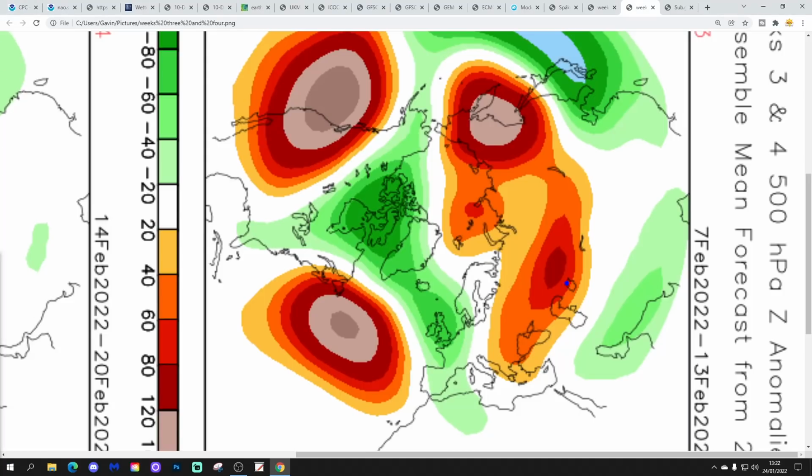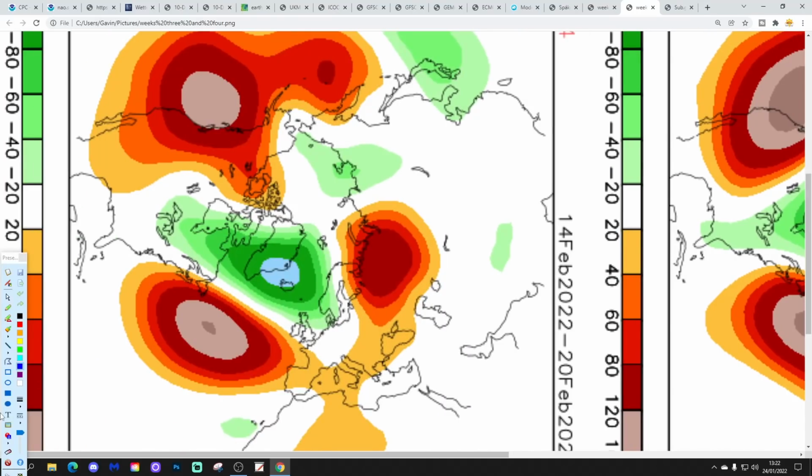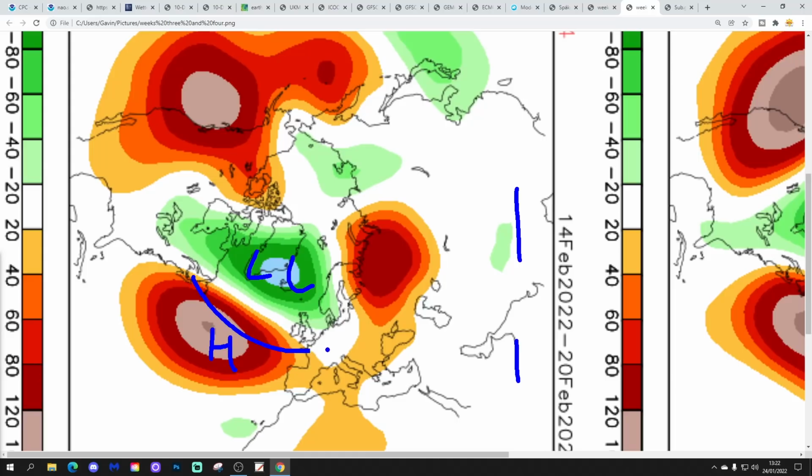Week 3 will be the 7th to the 13th of February, with a trough of low pressure slipping down the western side of Europe. High pressure pulled out into the Atlantic. That's going to be unsettled and potentially a little bit on the cold side, as we are on the chillier side of the jet stream. And then week 4 is going to be the 14th to the 20th of February, with low pressure to the north, high pressure to the west-southwest, and winds remaining from a westerly direction. So mild and unsettled with that. Positive AO and NAO goes on.